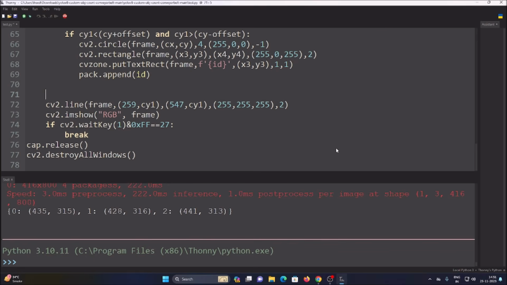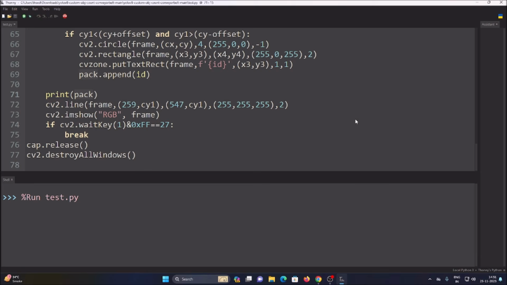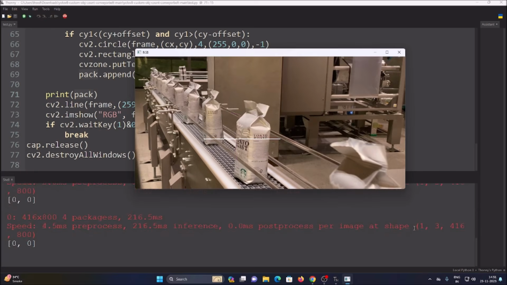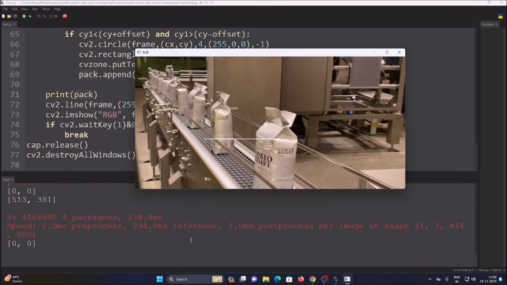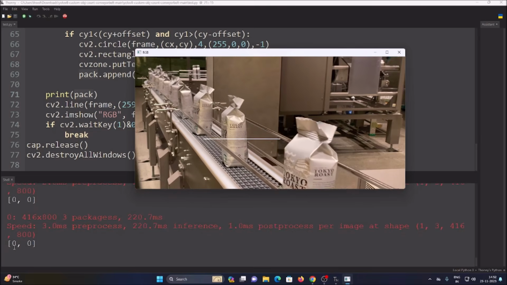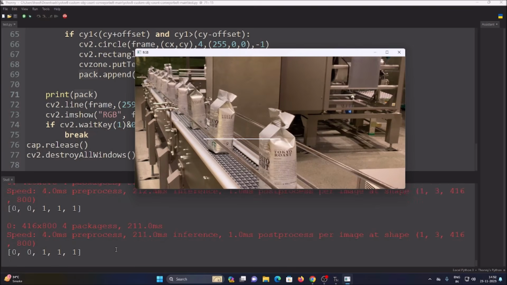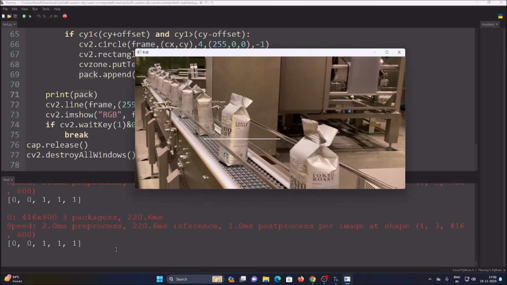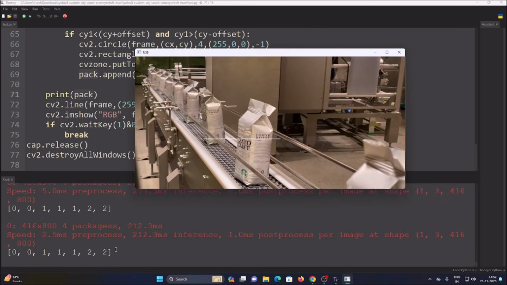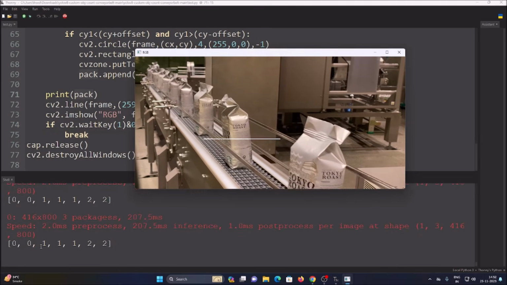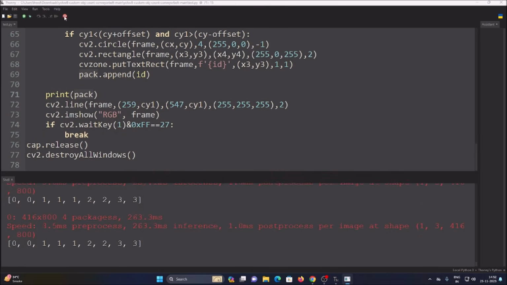Now if we go here and print pack, save the code, run the code. So here it is, as you can see, when the package touches our line, we have its ID inside the list. But when the package touches the line, it will take some time to cross the particular area which we mention as a line. So it will basically count the same ID again and again, as you can see 0 0 1 1 1 2 2. So here we want to simply create a condition,